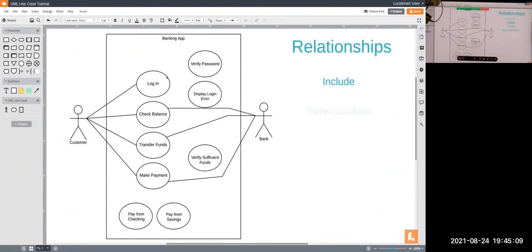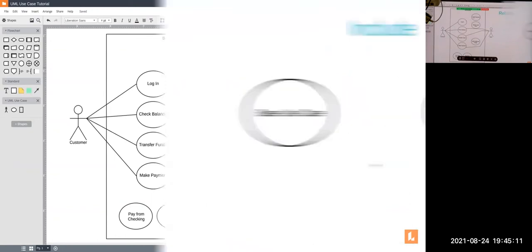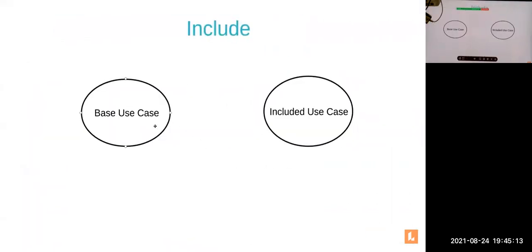This is an include relationship. An include relationship shows dependency between a base use case and an included use case. Every time the base use case is executed, the included use case is executed as well. Another way to think of it is that the base use case requires an included use case in order to be complete. When you have an include relationship, you draw a dashed line with an arrow that points towards the